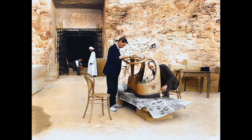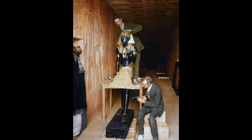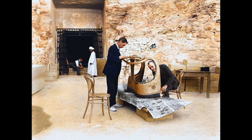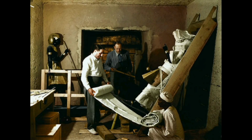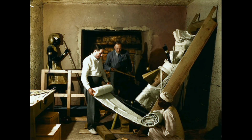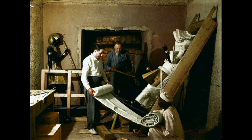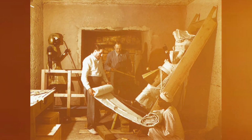A statue of Anubis in a shrine in the tomb's treasury. This photo of Anubis wrapped in the shroud is the only evidence that the shroud ever existed, as it disintegrated when touched shortly after the image was taken. Carter, Mace, and an Egyptian worker carefully roll up the linen shroud covering the shrine. Carter, Callender, and two